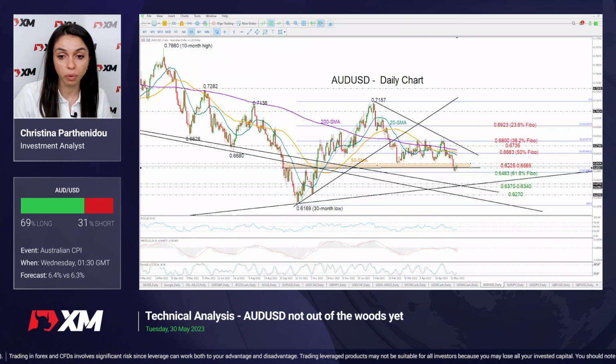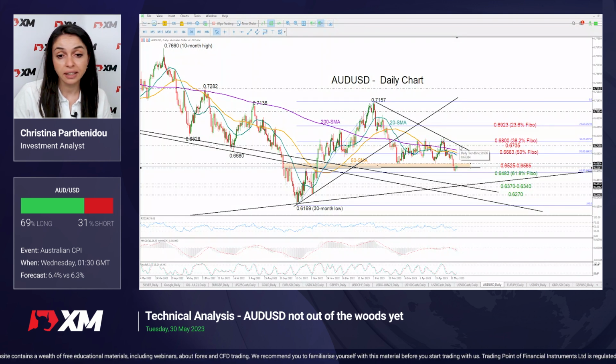close above the 0.6565 barrier, that is the lower bound of the previous range area. So a close above that bar could help the price to crawl up to the 50% Fibonacci retracement of this uptrend over here at 0.6663. Then if bullish pressures persist, we might see another key battle around this tentative resistance trend line around 0.6735,